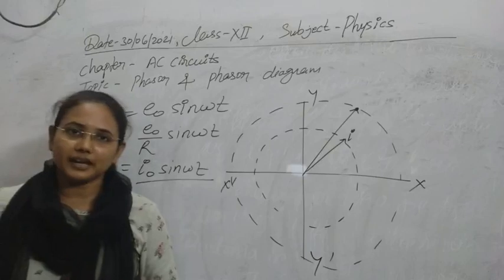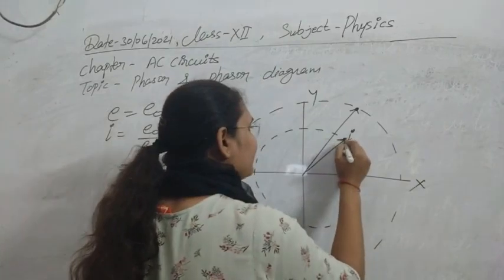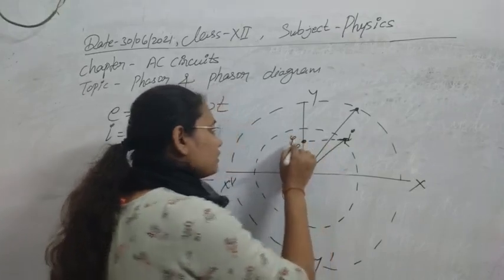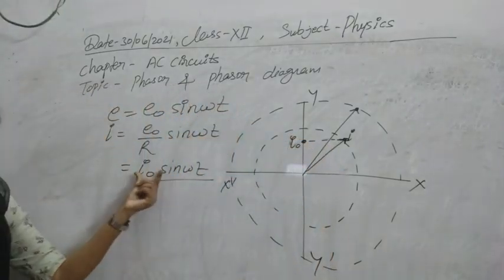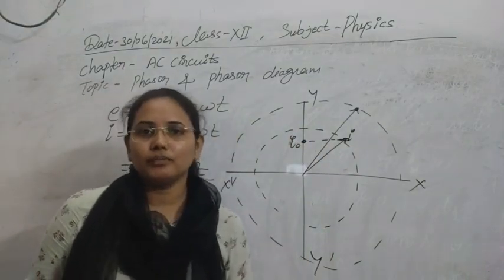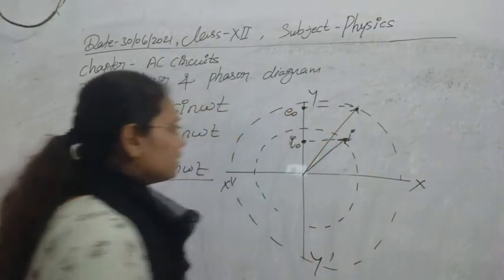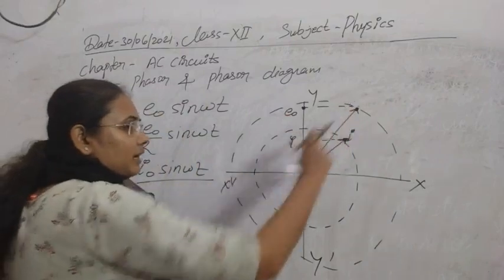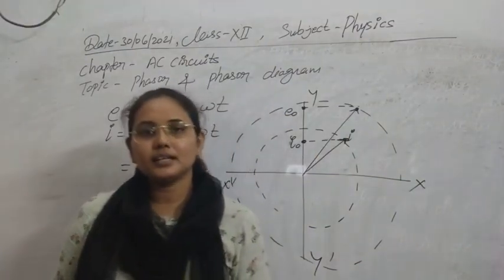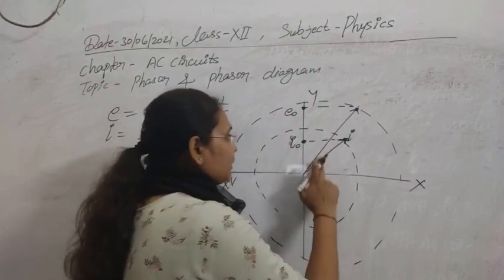This is called the phasor diagram to represent alternating current and voltage. Its tip at any instant t, if it is here, is representing its maximum value. So this is the peak value that we are getting for any instant t, or we can say that for that instant, this is the peak value of the current here. Similarly, this is the peak value of the voltage. So this diagram simply tells us the instantaneous alternating EMF or instantaneous alternating voltage.